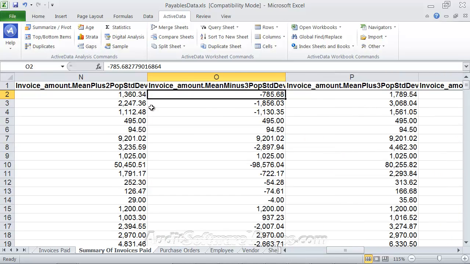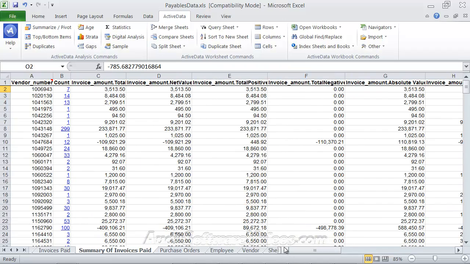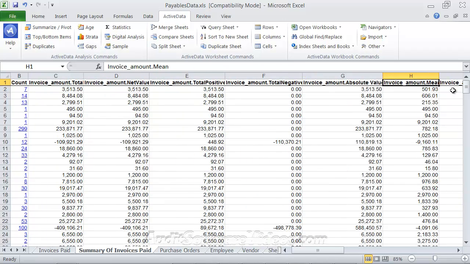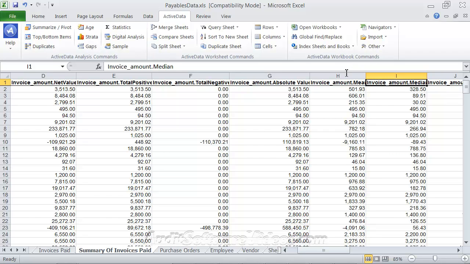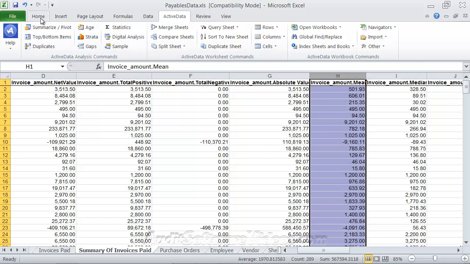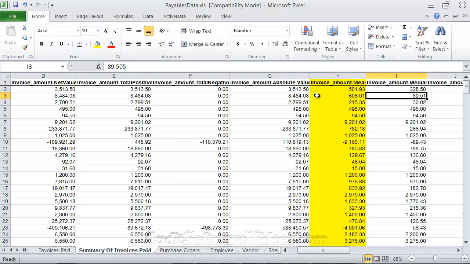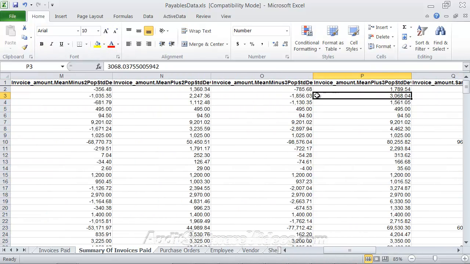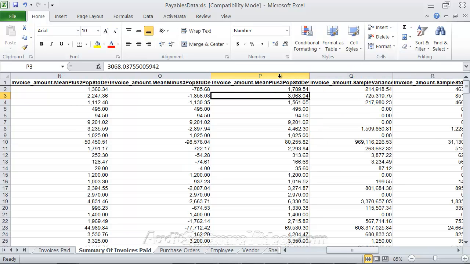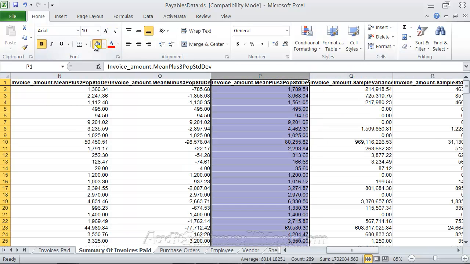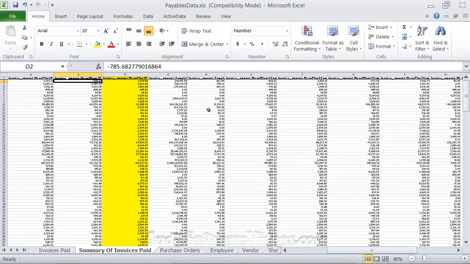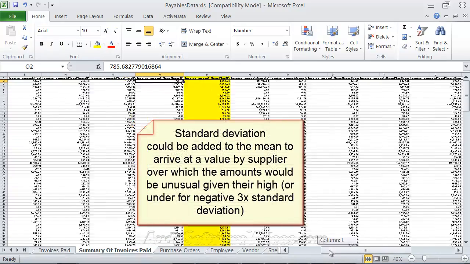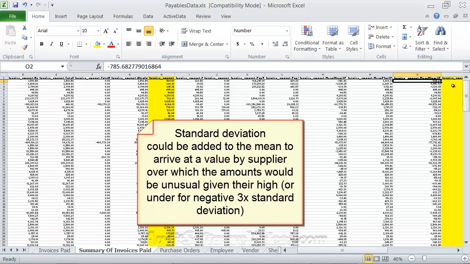So, one of the things you could do from an audit standpoint, very quickly here, is start to take, let me just try to show you here, the mean of that data, and you could also take over here, let's say, 3 standard deviations from that mean. So we'll just take those. I'm making this really small just so you could see it, but you could add together the mean and the standard deviation, find out what that value is,